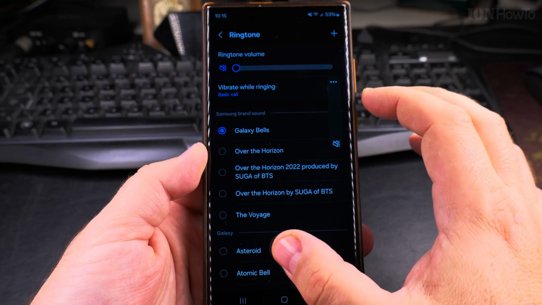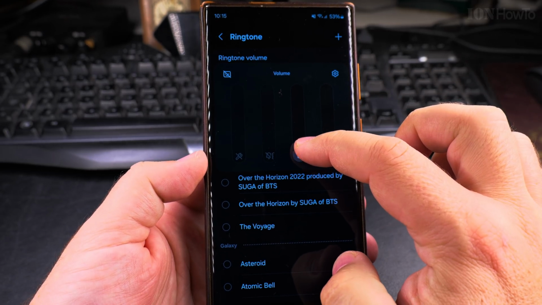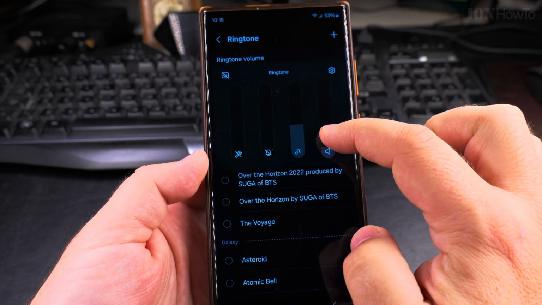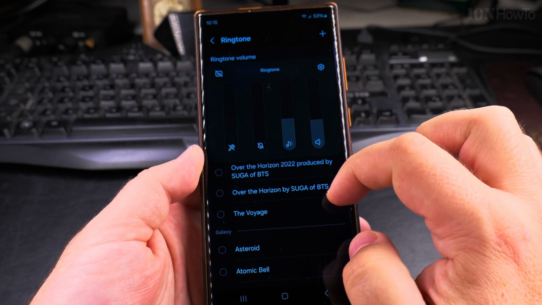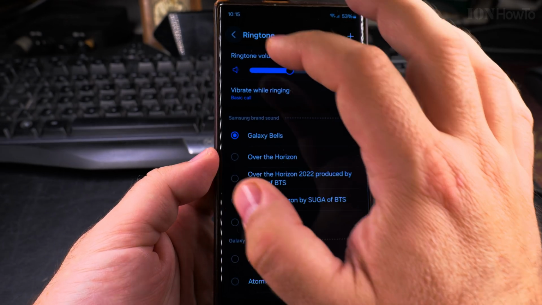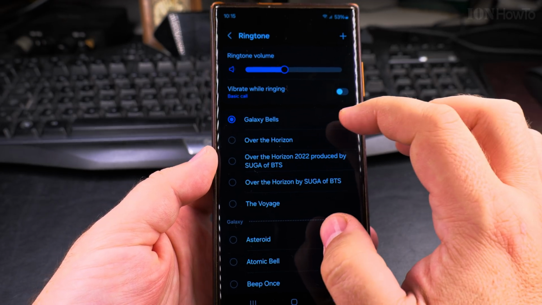You can, from the settings here, press volume up or down, and then you have all this media and ringtone settings like this. So now it's back to